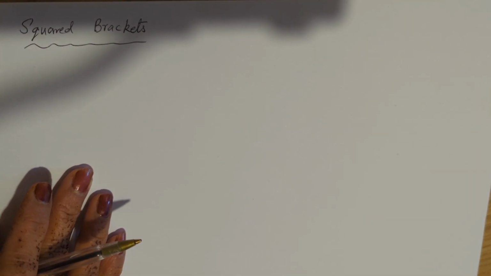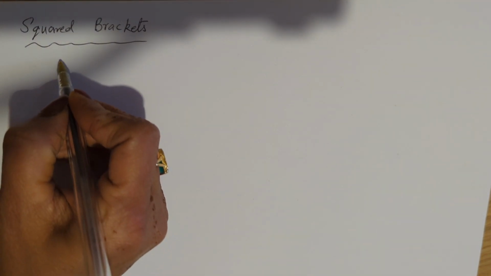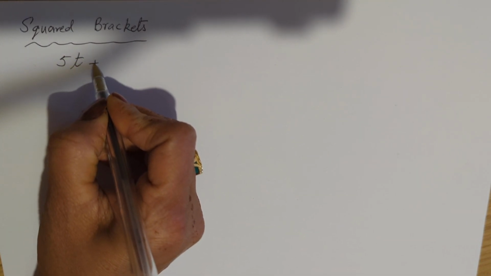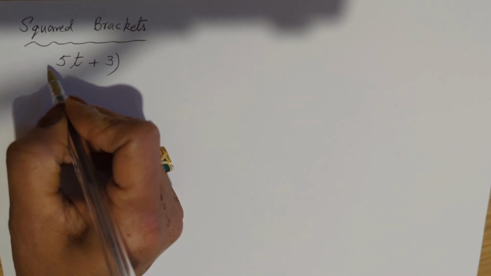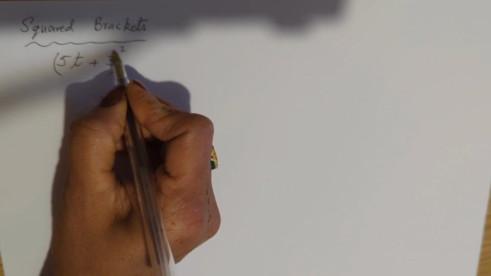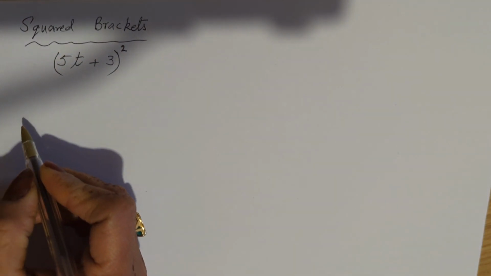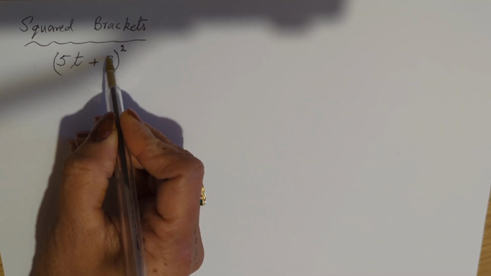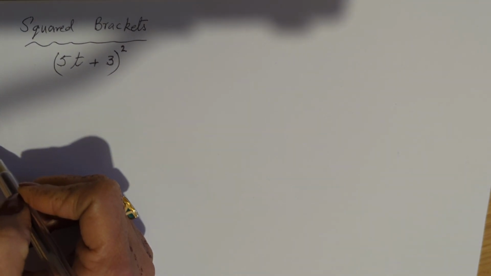Today we will learn about how we can solve squared brackets. So it's about the introduction of basic algebra. If we are given squared brackets like 5t plus 3, the term is written like that. So 5t plus 3, this is an algebraic sentence,